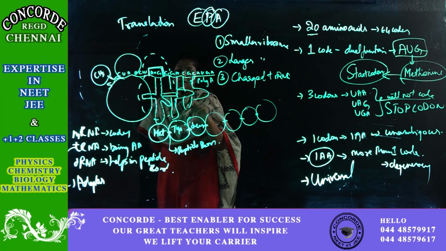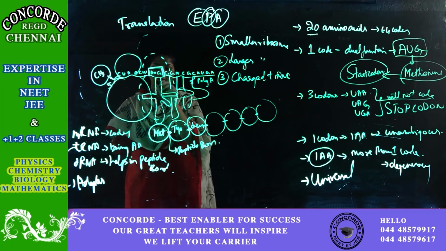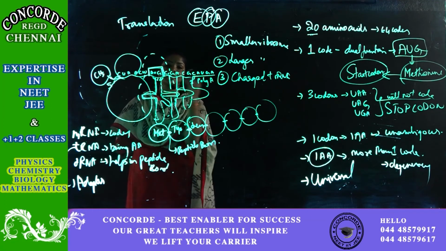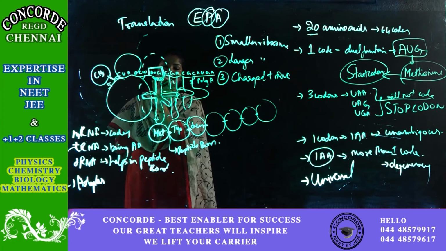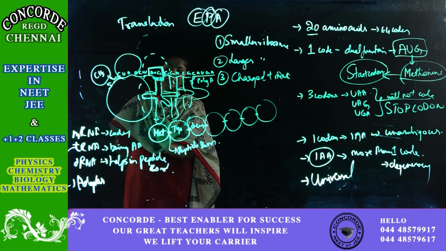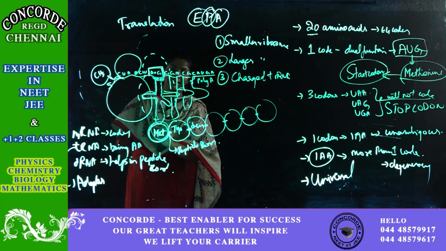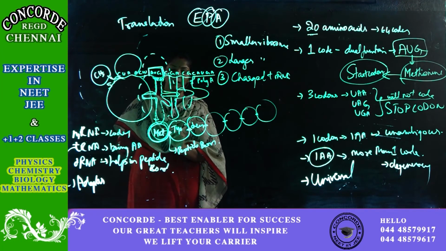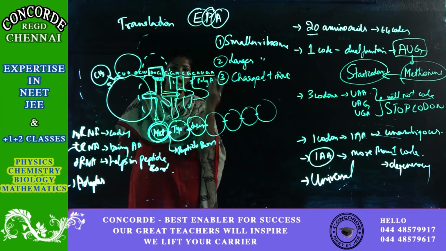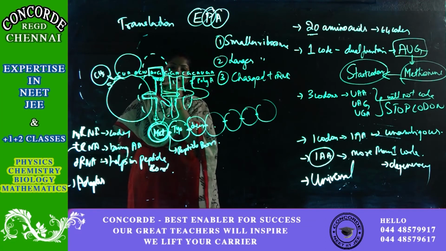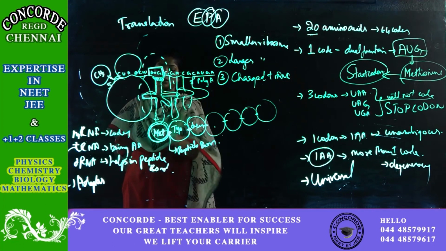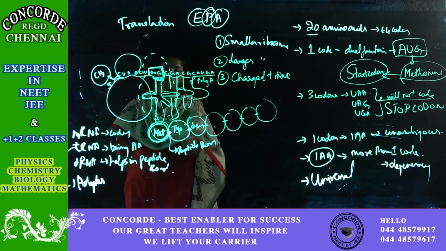Okay. If you can see the tRNA, there are 4 arms. This is the anticodon arm. Something which reads the code, a codon, is your anticodon. So this is your anticodon arm. Opposite to this anticodon arm, there is an amino acid acceptor arm. This site accepts your amino acids. And this is your anticodon. So these two will be straight opposite to each other, so that it can read the code and set the amino acid.